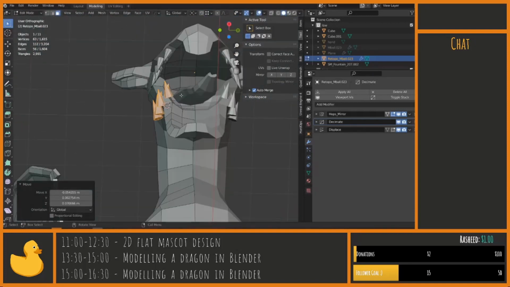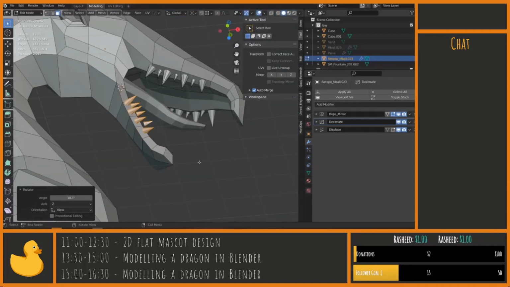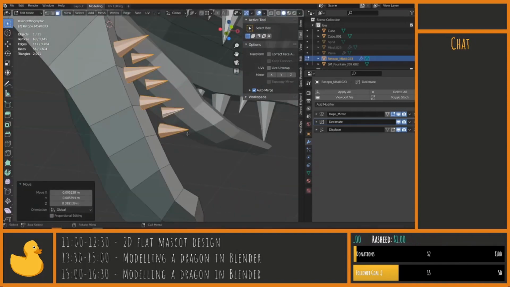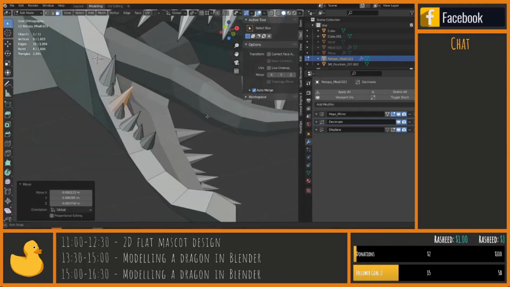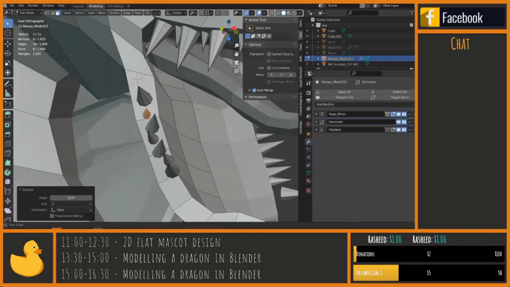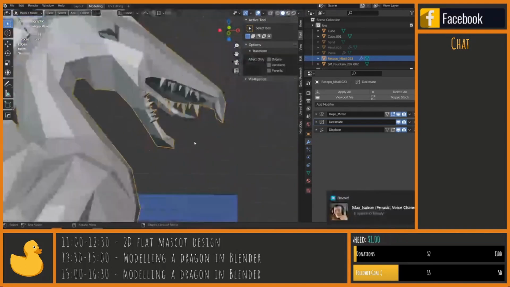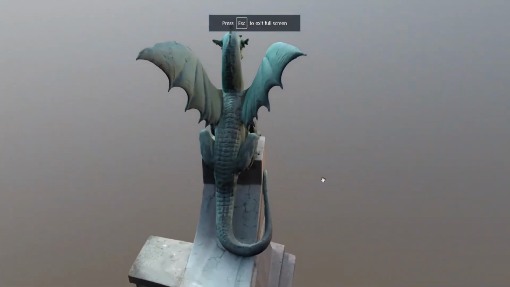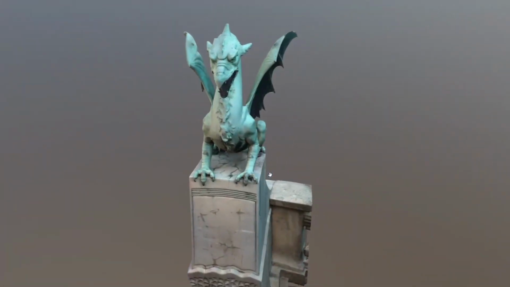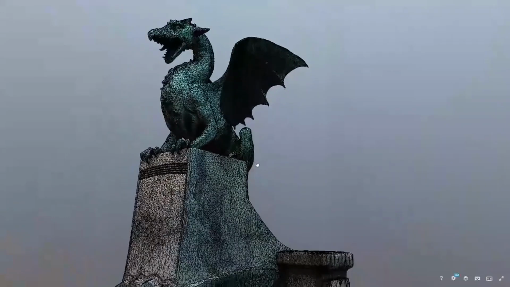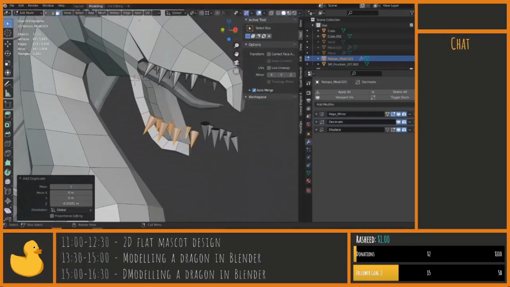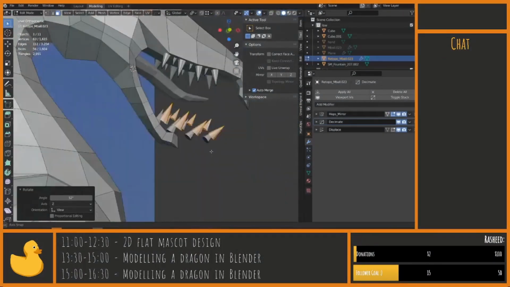The dragon that I was modeling, called Shimaski, from the Dragon Bridge in Slovenia, I placed all the references inside Blender and started blocking out the shape. At some point, I needed more reference. Luckily enough, I found a 3D scan of the dragon on Sketchfab, so I could take close-up looks, screenshots from the side and back. Once I got all the references I needed, I started blocking out the shape using metaballs inside Blender,